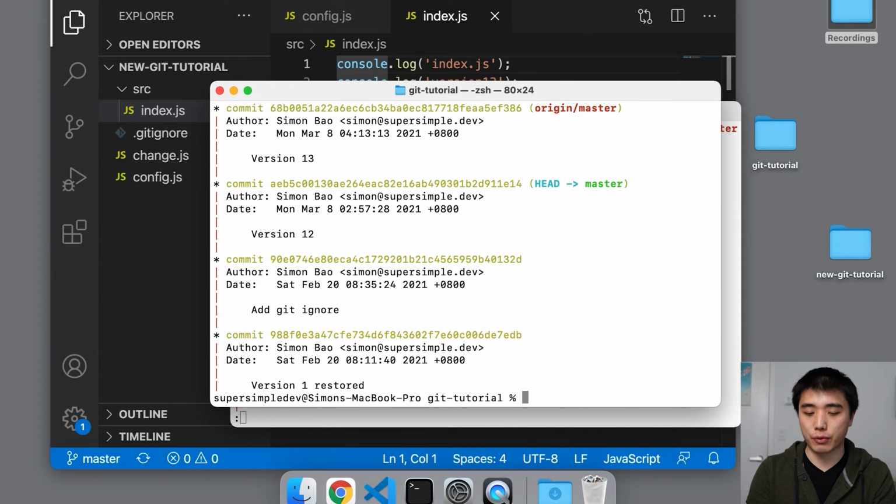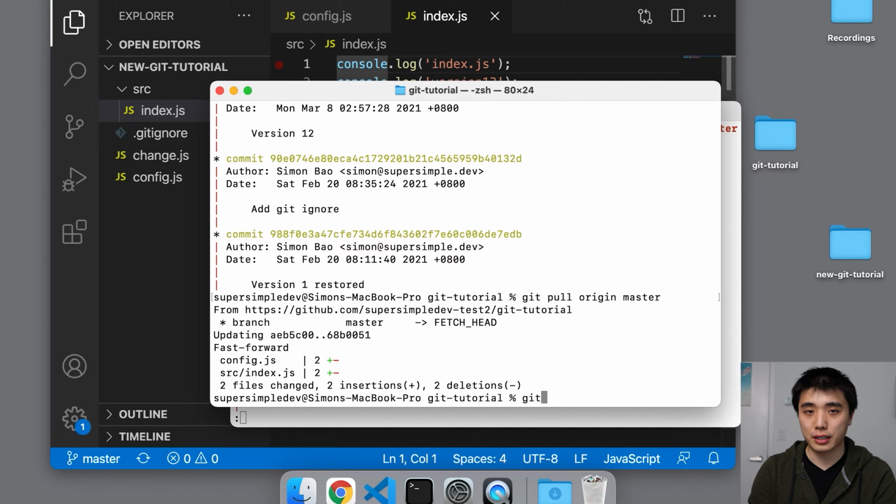And to pull changes from GitHub, we're just going to run git pull. This works the same way as git push. We're going to tell Git which remote repository to pull from. So we're going to pull from origin, which represents GitHub. And then we're going to tell it the branch that we want to pull. So we're going to pull master. So we're going to get any updates on the master branch from origin, and we're going to sync them back to our local master branch.